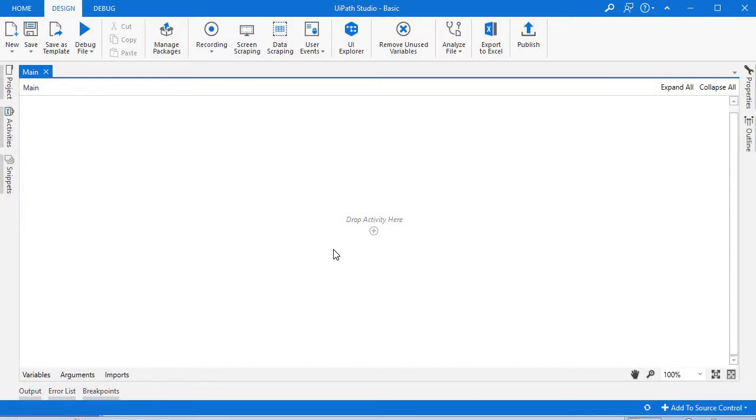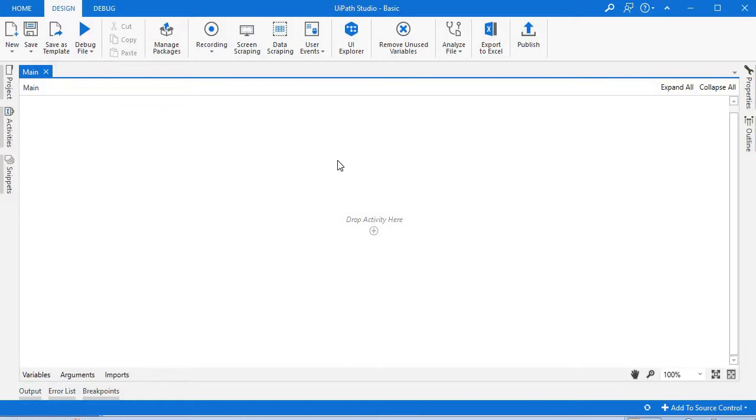Suppose you have 100 data entries in an Excel file and you need to search for one, and give that data to the user as an output. Or you are searching some keyword in a search engine and you want to store the 5 pages of results in one Excel sheet. This type of work you can easily do with the help of UiPath Studio.